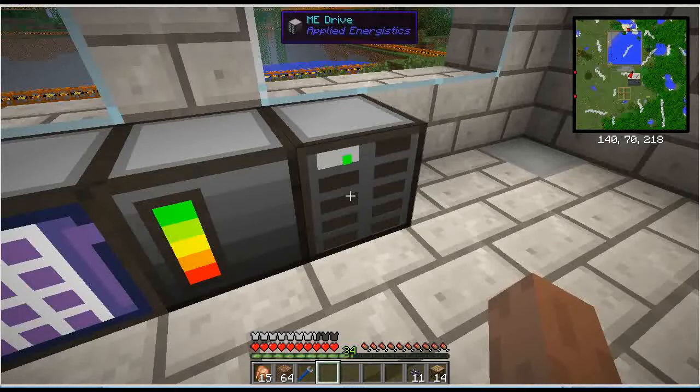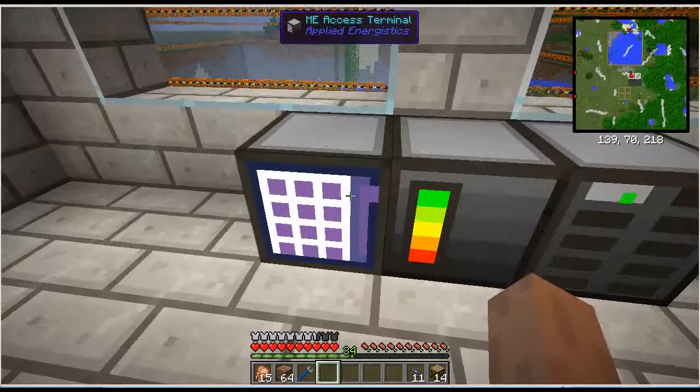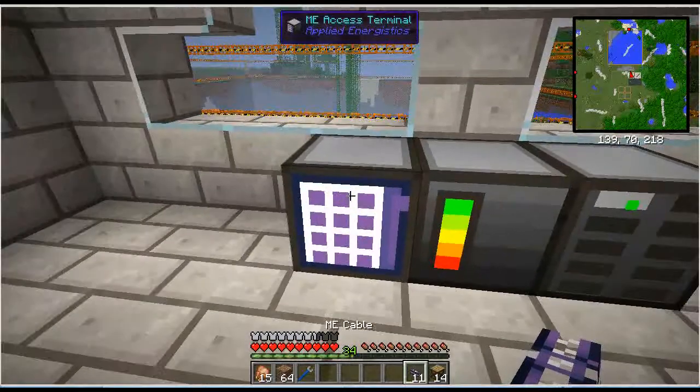Red means there's no more space on this drive, either because you filled up the number of types or because you filled up the thing entirely. Orange would be... okay, I forget the colors, but green is good, red is bad. Remember those two colors, those are important. And later on, we can drop some of this ME cable down to the basement, where we'll put our ME